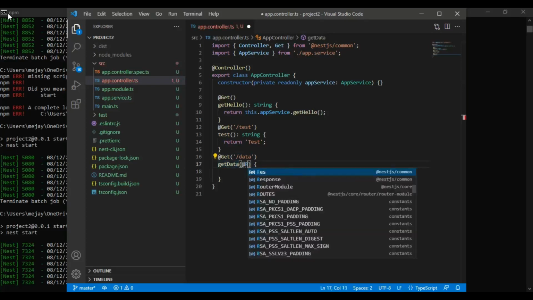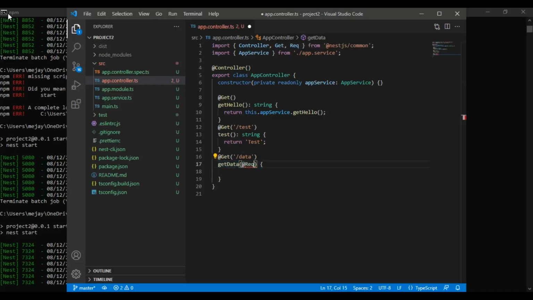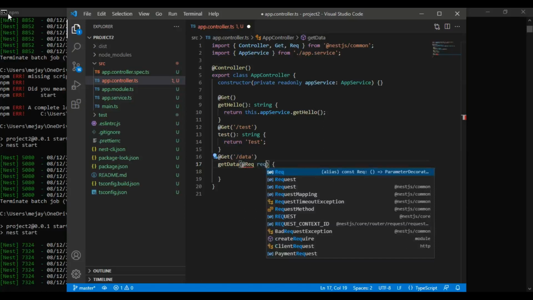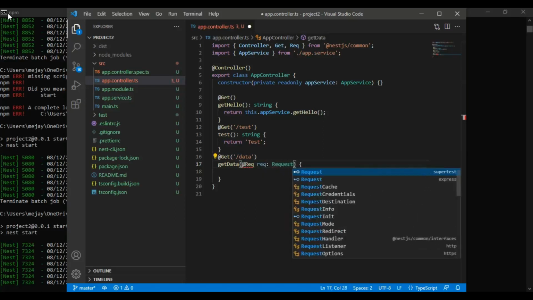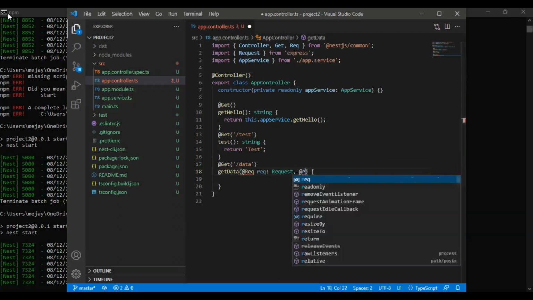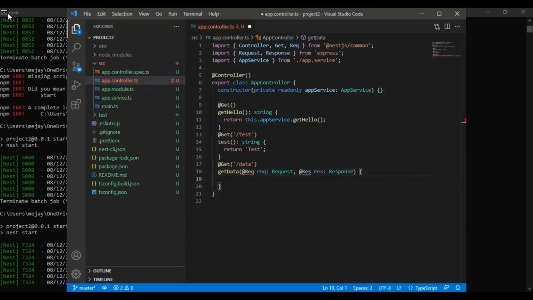So here we need to import Request, which is from the Nest.js common package. Here it will be a request instance of type Request of Express. Similarly, we will create a Response object, Response from Express.